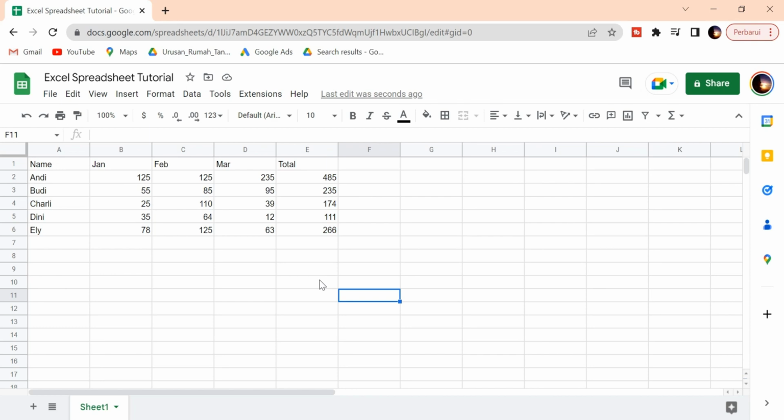And there are many formulas on Microsoft Excel spreadsheet and Google Spreadsheet. So there are many formulas that you can use, like average, max, and min, and other formulas. And I want to show you here how to